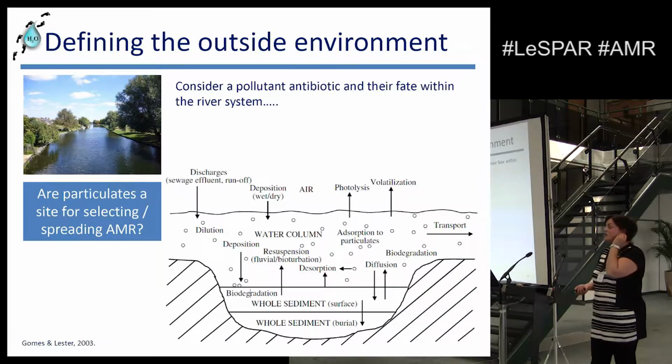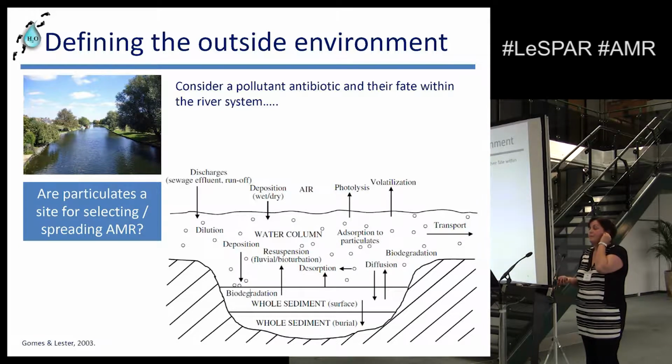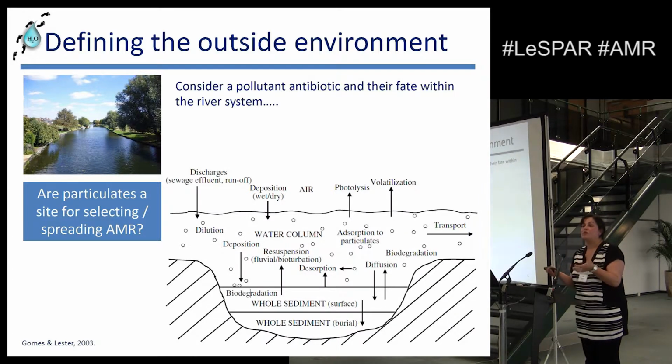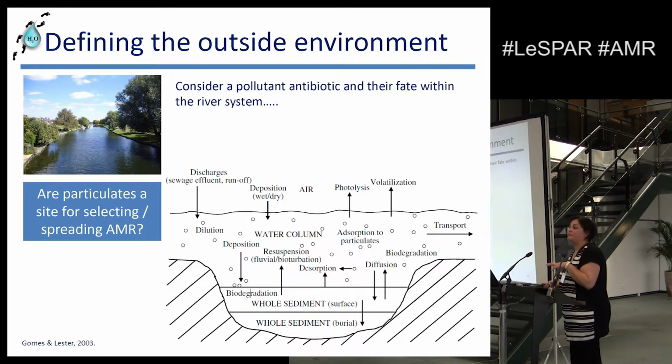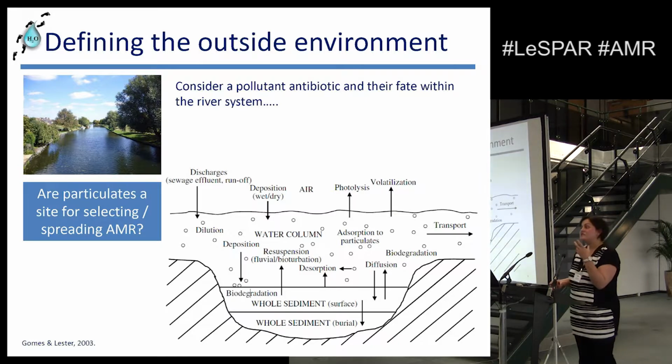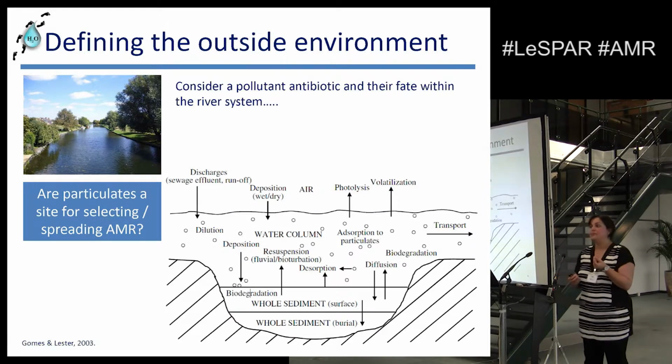So these are some of the other outside environments. Think of your river system. If you take an antibiotic, the reason the antibiotic is in the river is because most wastewater treatment plants, once they've treated their wastewater, will release it into a river system, and they were never designed to remove these sorts of chemicals. So they enter river systems, and straight away, if you think of the fate of that antibiotic pollutant, and that might not necessarily be the antibiotic, it can be the resistant gene or the resistant bacteria, you're looking at a lot of different relationships within that one outside system.